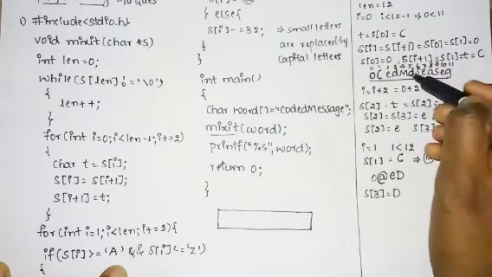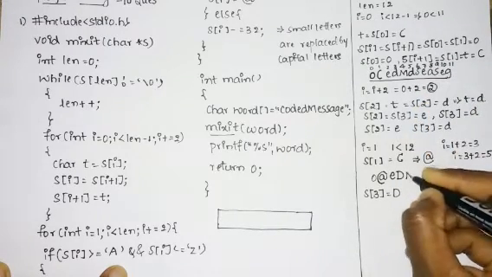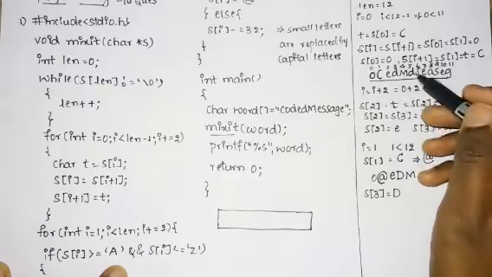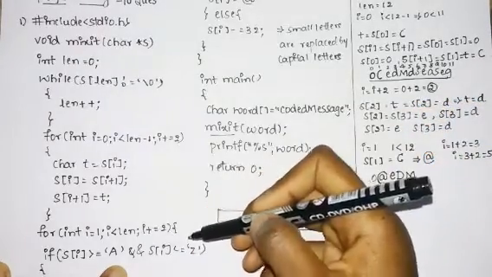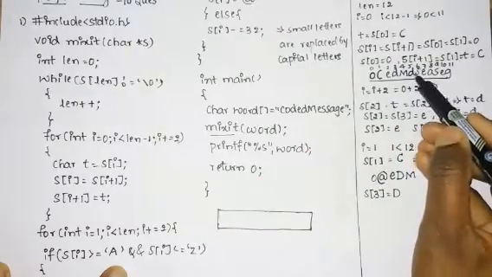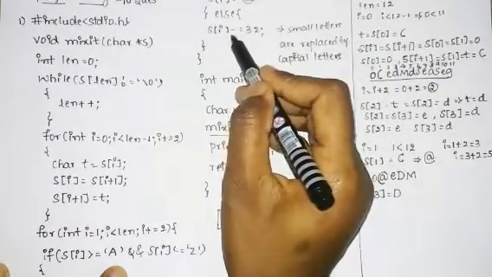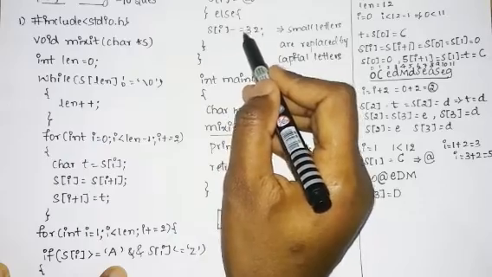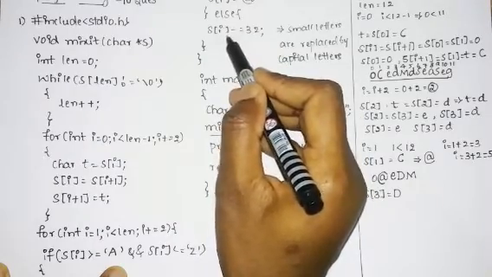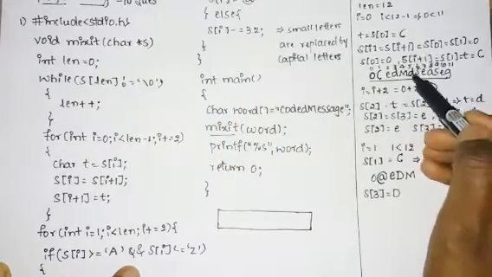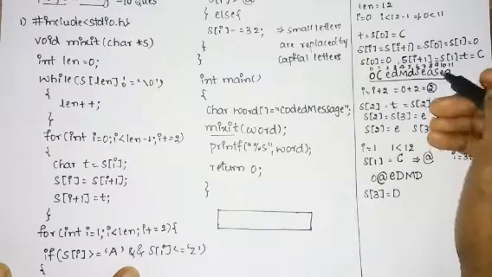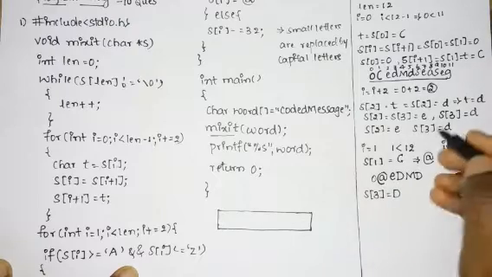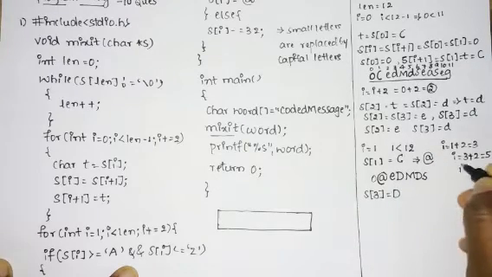It will check the fifth position. So the fourth position M you write as it is. At the fifth position you check D. Whether D lies within the range A to Z, the condition becomes false because it is a small d. Again else is executed. So S of 5 minus equal to 32 means the small d at S of 5 is converted to capital D. So this will be capital D. Similarly, you write S as it is. Again I equals I plus 2, that is 5 plus 2 becomes 7.